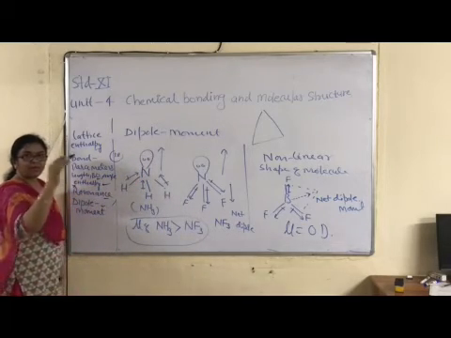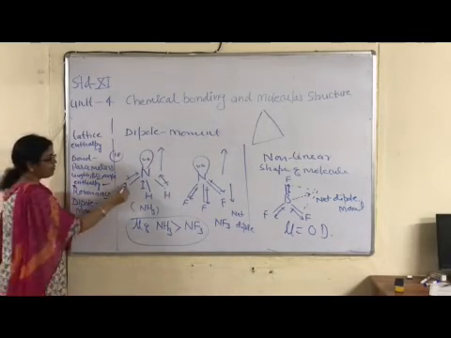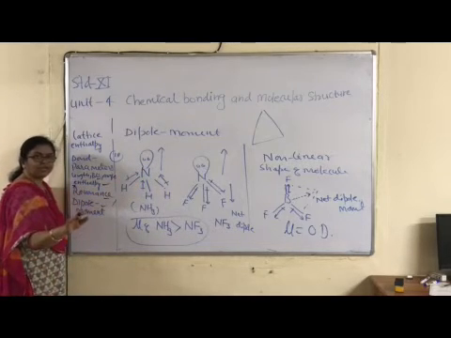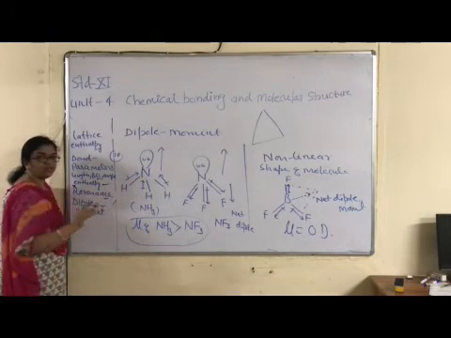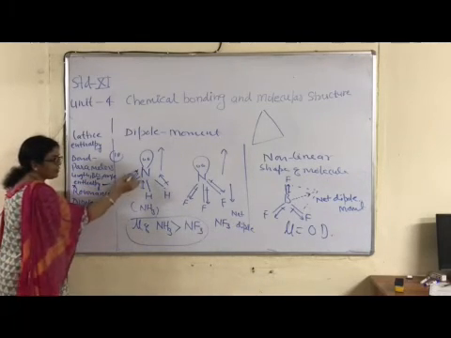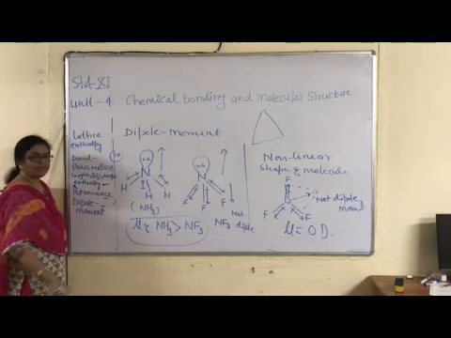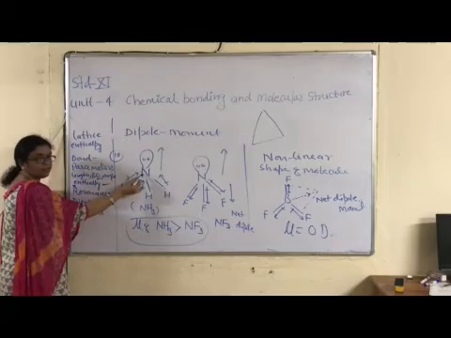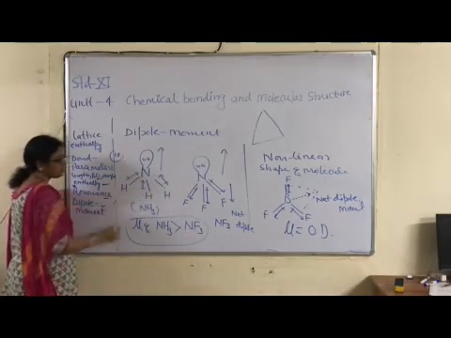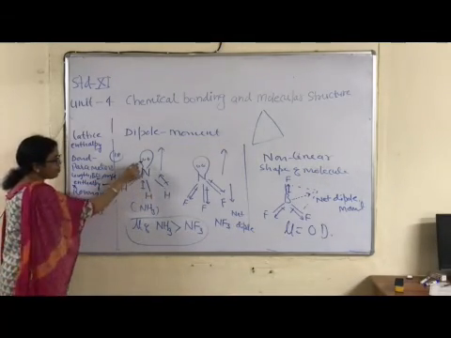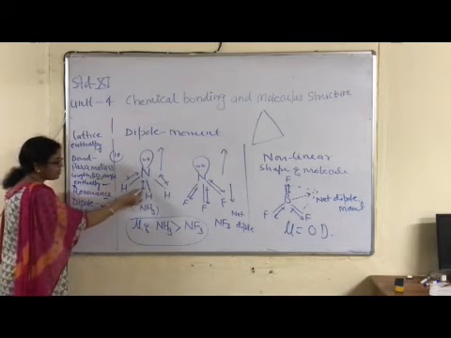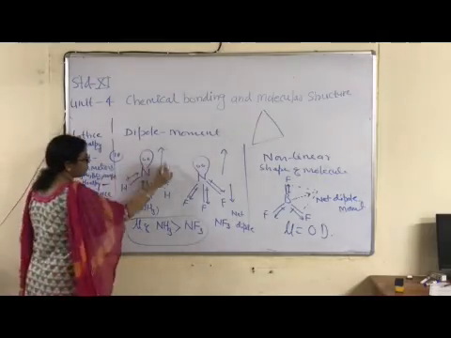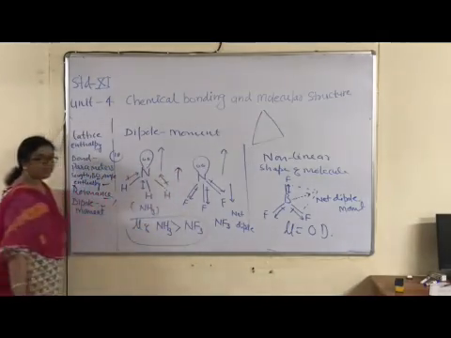What is drawn? The dumbbell shape of the p orbital. And what is the direction of this lone pair? This is the dipole moment due to the lone pair of electrons, and this is the dipole moment due to the bond pair. In H and N, nitrogen is more electronegative. What is the direction of dipole moment? Towards the most electronegative, this one also nitrogen, this one also nitrogen. In NH3, this orbital dipole moment is supporting the bond dipole moment because the directions are the same, like this. Upward direction, and this one is also the same direction.